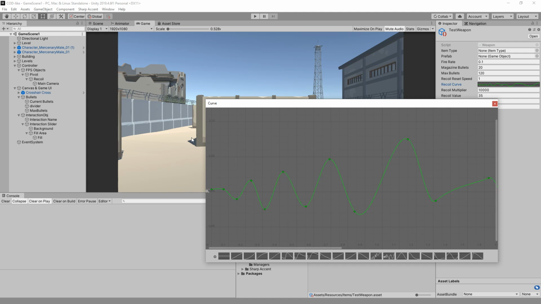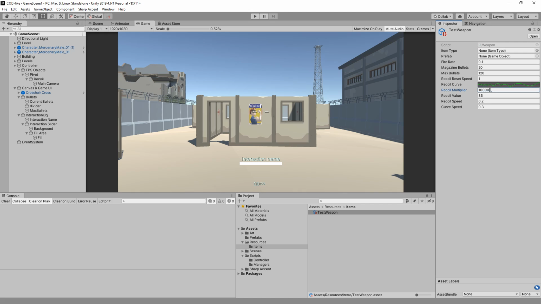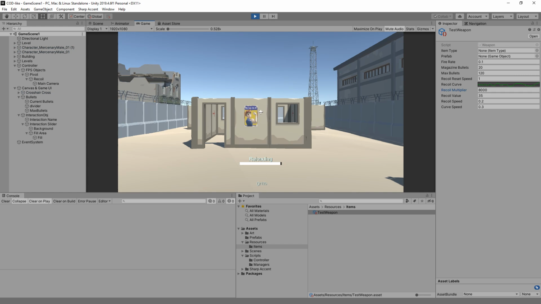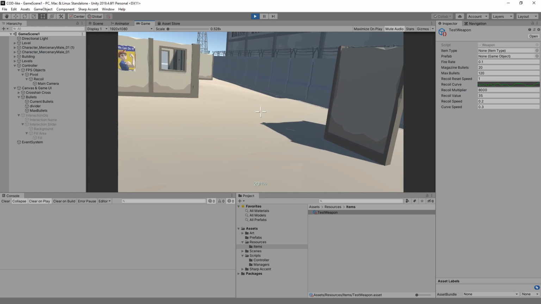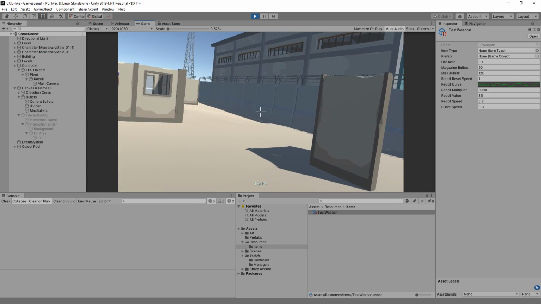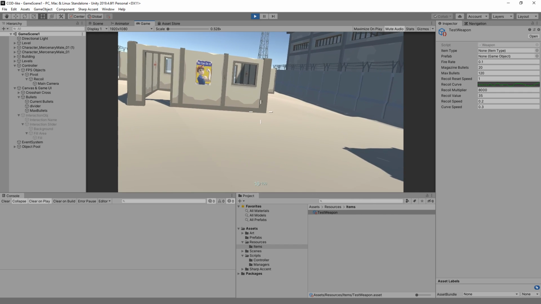Okay, maybe something like this. You notice the values are still very tiny. We could use something higher, or you could recreate the curves. This is just the random curves I did. So let's set this to maybe 8,000 instead of 10,000, and let's see what this is going to change. Okay, so first of all, our equal value